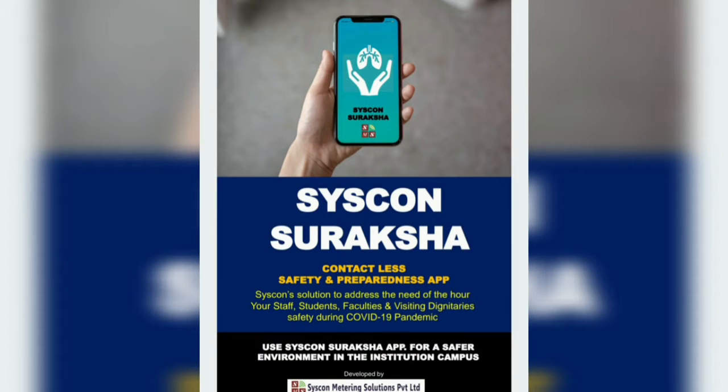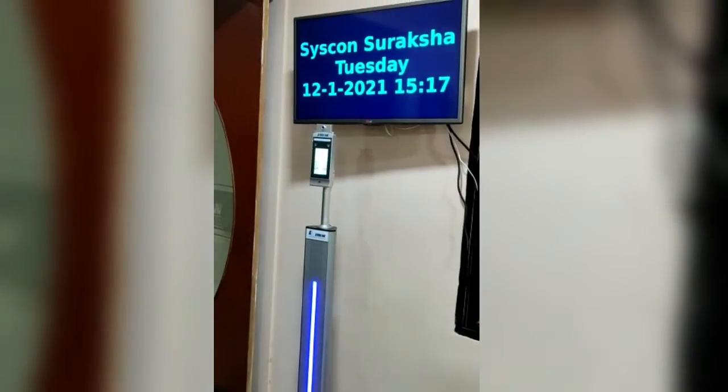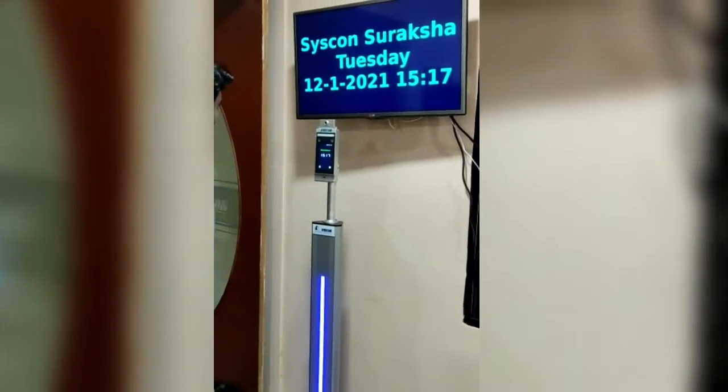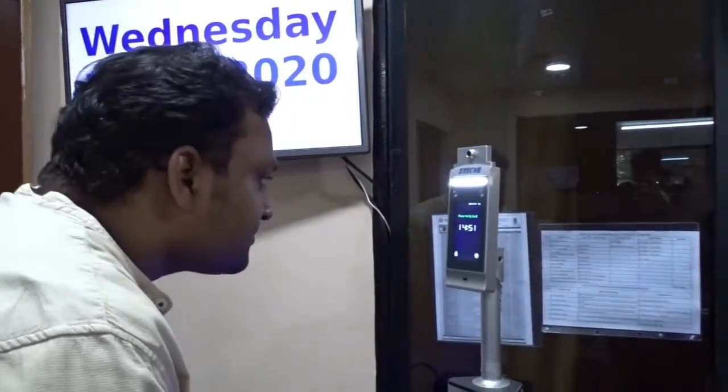Syscon is delighted to launch its safety screening product of 2021, Syscon Suraksha, a non-contact temperature cum face detection system specially designed for the COVID-19 pandemic. The system has been developed indigenously, which is easy to install, highly sensitive, user-friendly, and most competitively priced with robust